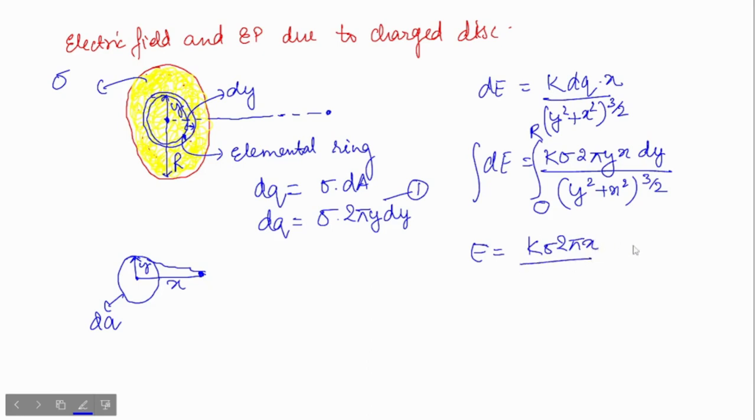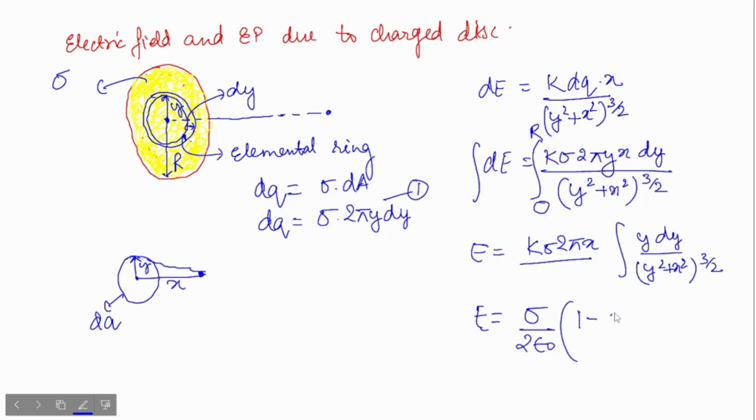Yeah, these terms will come out, and here it will be y dy upon y square plus x square to the power 3 by 2. Okay, you can do this integration at your home. I'm just directly writing the result. Because you can solve this integration by substitution. Take y square as something, then differentiate it and put it in place of y dy, somewhat like that. Okay, the final expression will be sigma upon 2 epsilon naught